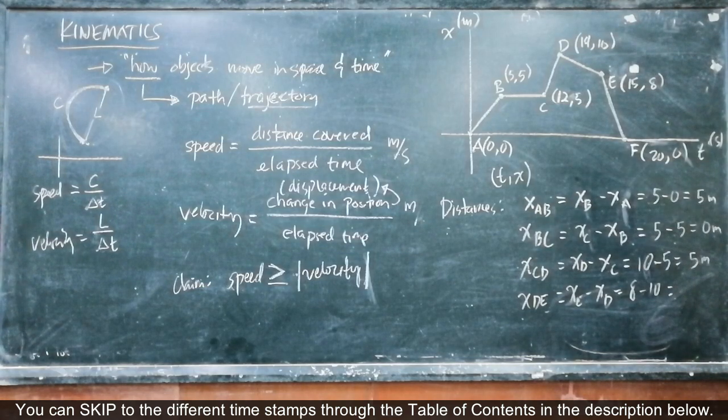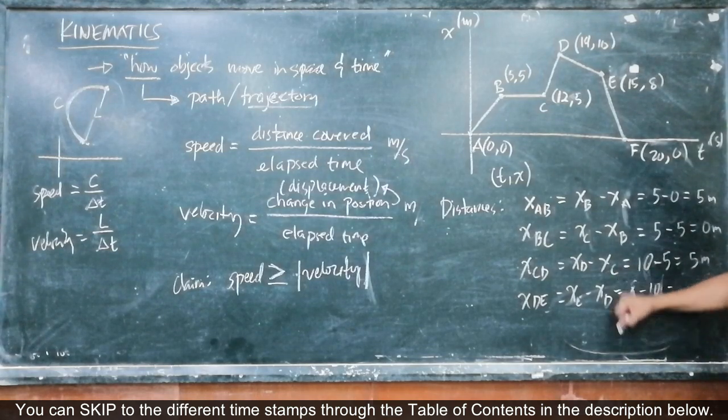Okay, since we are talking about distances, we take the absolute value, right? Okay, but for now, we'll just take the absolute value, no? Distance, right? Because this is distances. This is 2 meters.